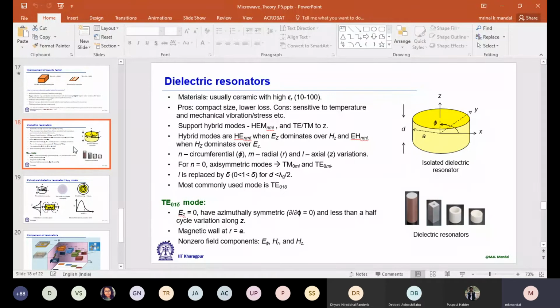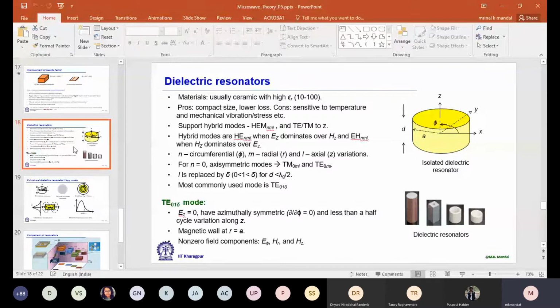And now conceptually, how can a dielectric material support a resonance? You have to go back to surface waves, what we learned there. If you recall, we discussed a dielectric slab without any ground plane that can support a TE type mode and a TM type mode. And there we discussed that whenever we deal with a dielectric boundary, we always have a hybrid mode. What is a hybrid mode? In the direction of propagation, we have a component of electric field and a component of magnetic field.